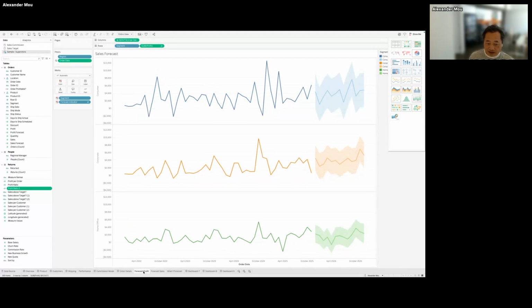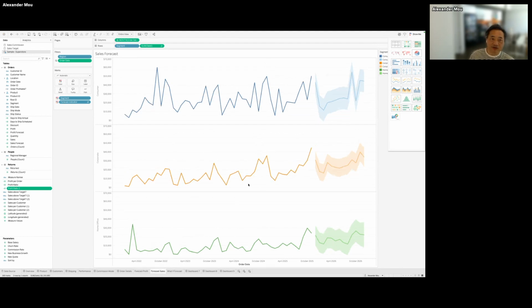We can forecast the profit without starting over from scratch. We can already take advantage of the chart. We like the chart and we want to use it for a different metric. So just use replace reference.